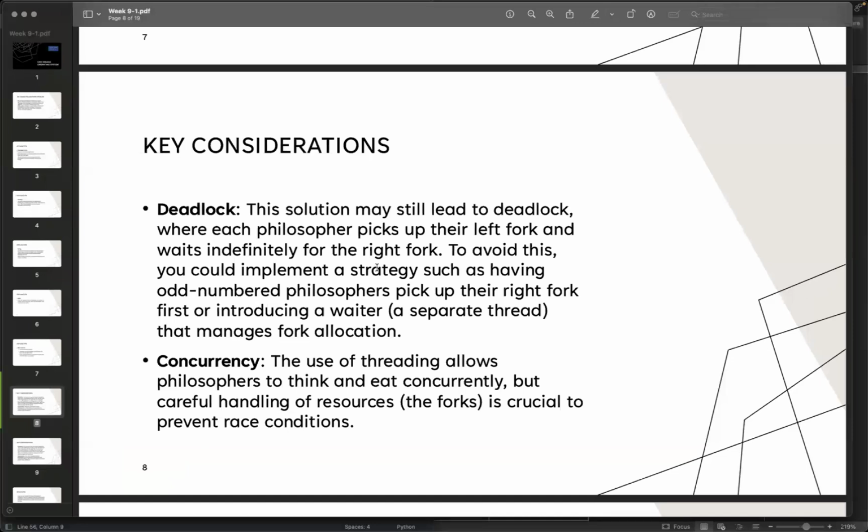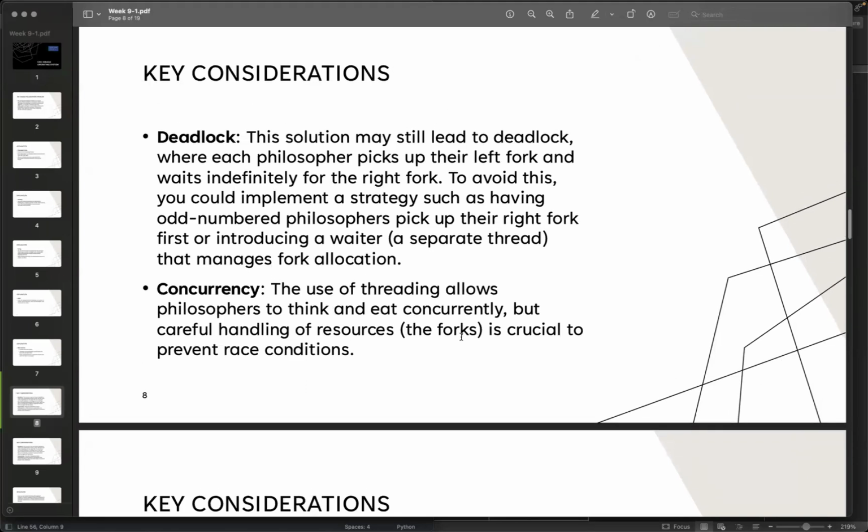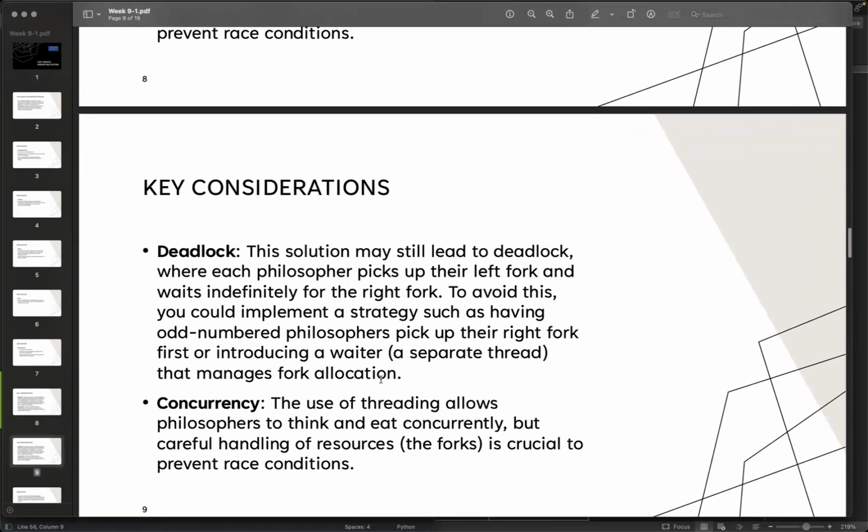So for this one, maybe all the members also pick up their right fork, so we can still do it this way, or consider concurrency, like when we have the third things. So are we allowed to think concurrently? Okay, so if some others are thinking, then only one can eat. Okay, so when they release it, the next one thinking can pick up the forks to do it. Okay. So if this one, sometimes you hear the term race condition, we are always competing to get the fork. Okay. And for the deadlock, if we are doing this one,